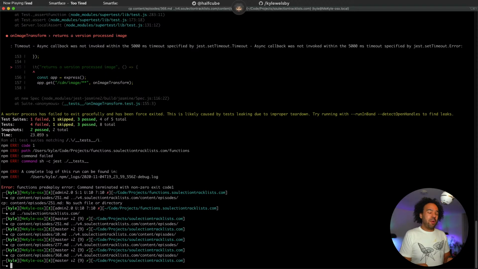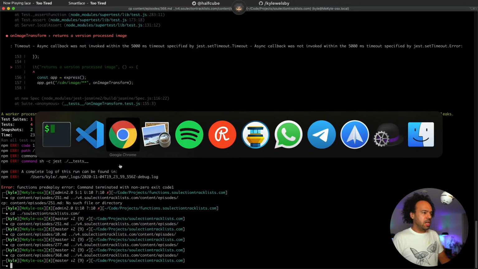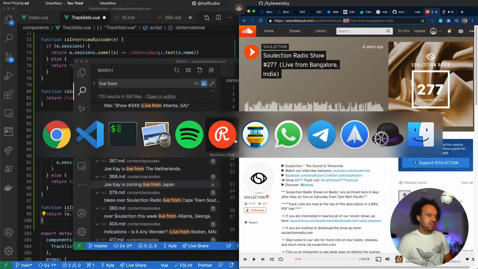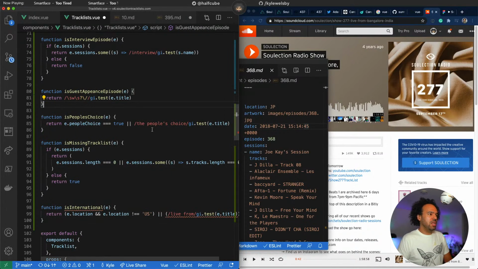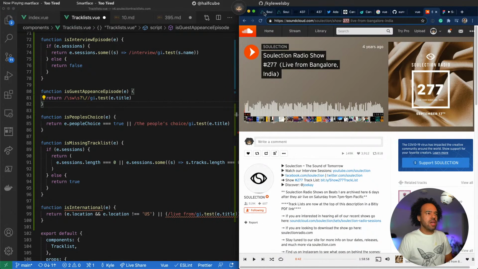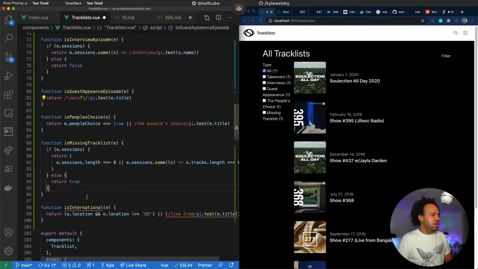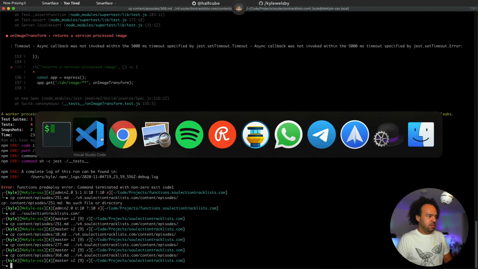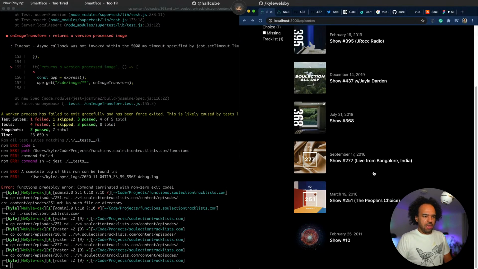And I probably have to move all this business logic into some hooks or something like that, so I can reuse them on other pages. Because at the moment it's baked in, and I want to probably untangle that a little. So I copied across those 2 episodes. You can see those there. Bangalore and this one. It doesn't say it in the title, but we know that's from Japan.